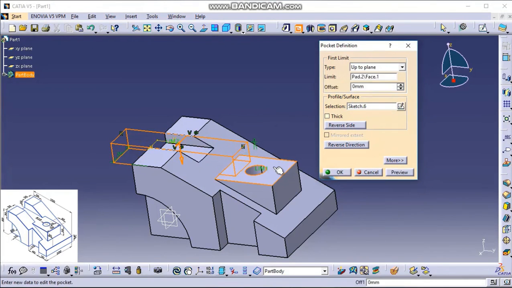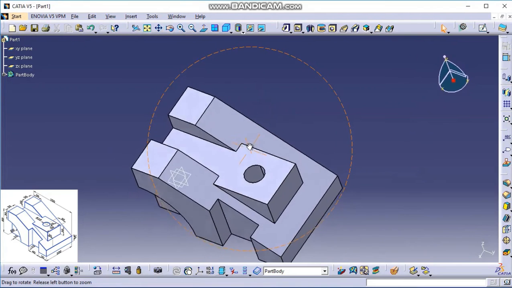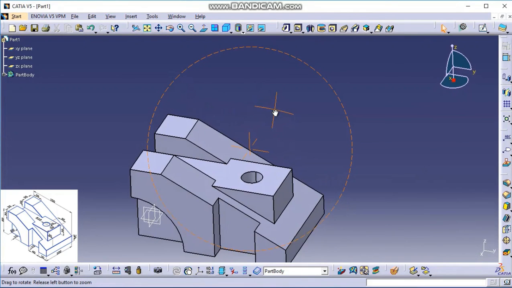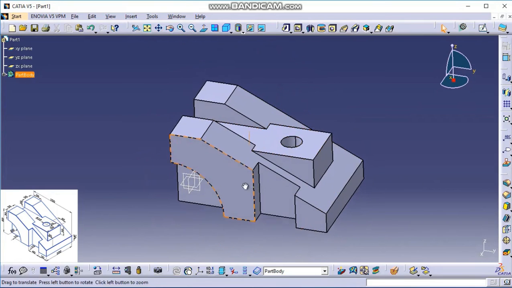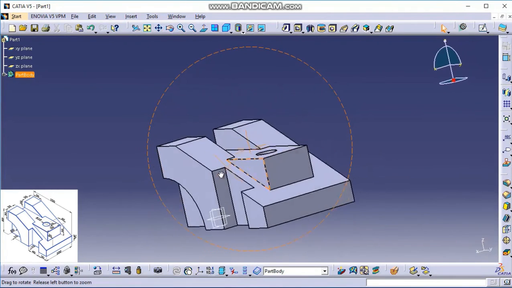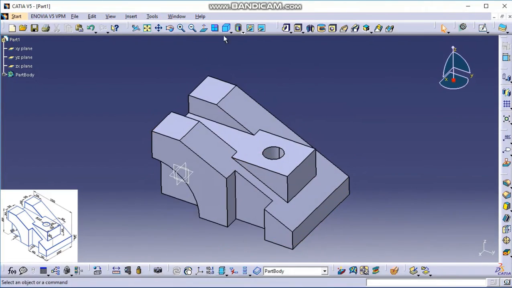We can select up to this plane. Click on preview. Click on OK. You can see here, without any value, we have directly created the pocket up to this plane. This is the 3D model that we wanted to make. Click on the isometric view.